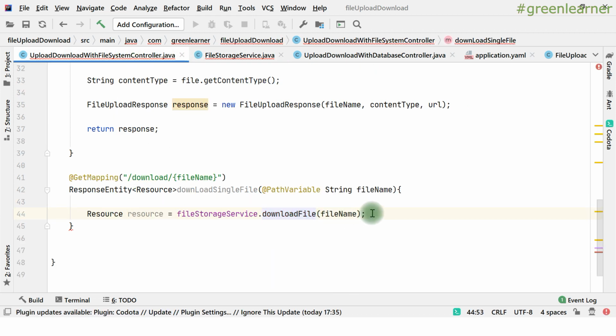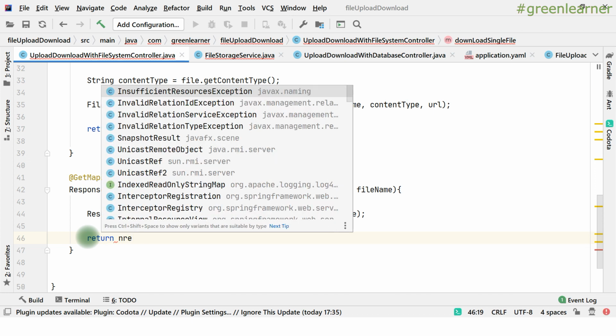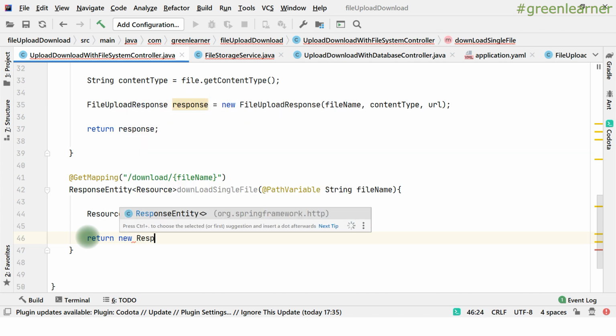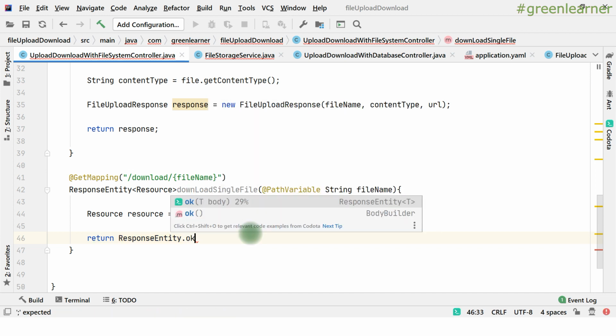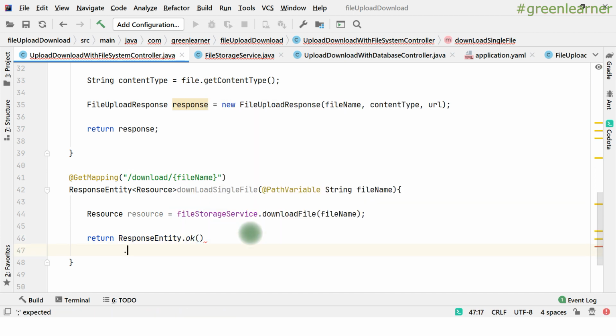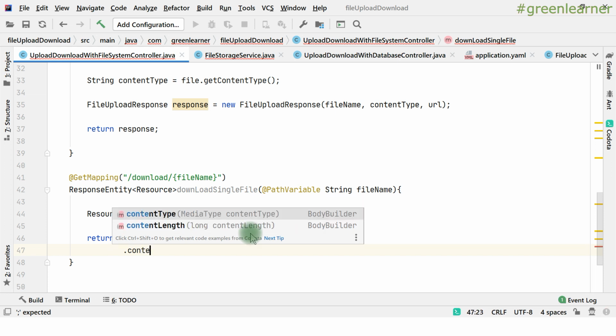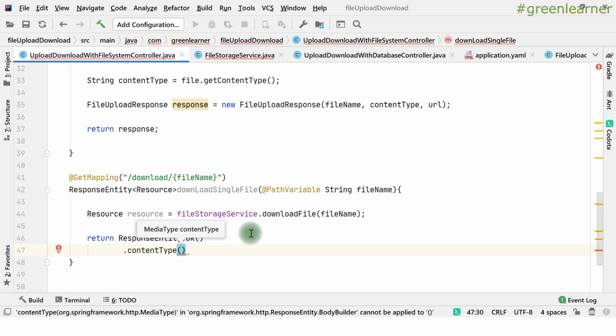So first clear this one, so return here a new ResponseEntity. I want ok here, and under this ok I want to return the content type. So just create the content type.